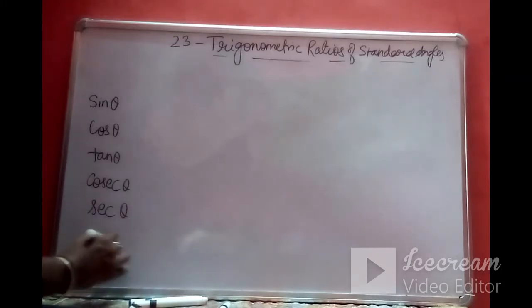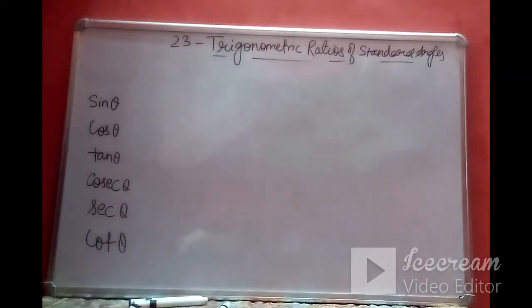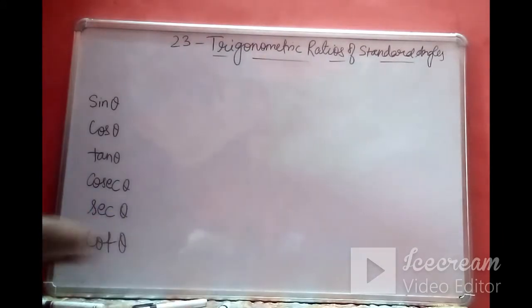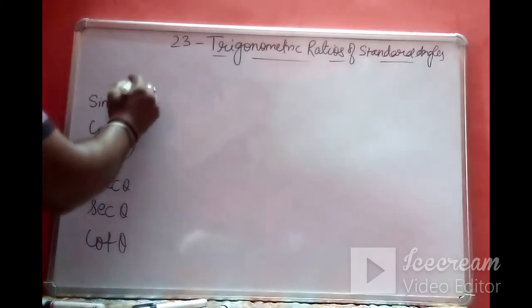So far these values we have calculated for a given triangle of given sides. Now there are few values which we call the standard values,